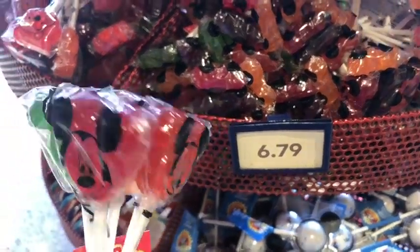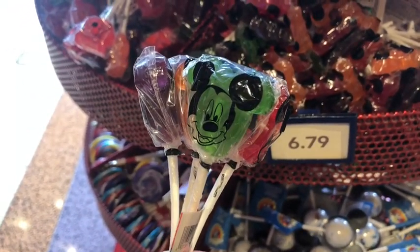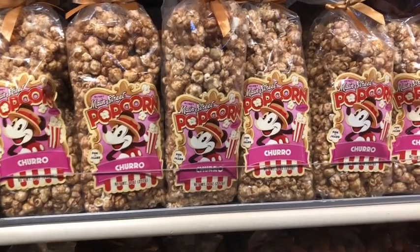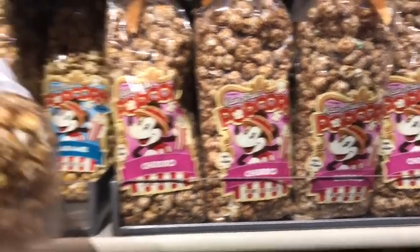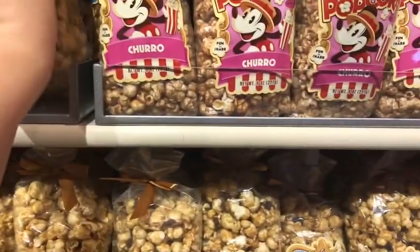They don't taste any different probably than something I could get at my local grocery store, but because they are Mickey shaped, they are 200 times better than anything I can get at the local grocery store as far as I am concerned. So in addition to all of those pre-packaged hard candies and licorice and things like that,